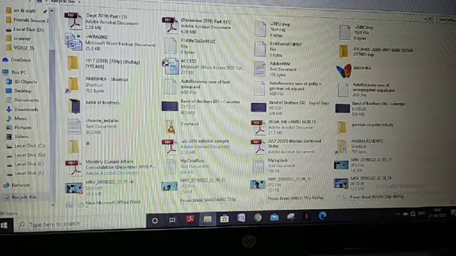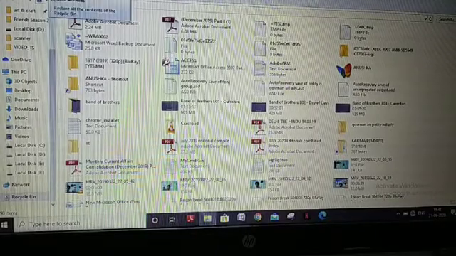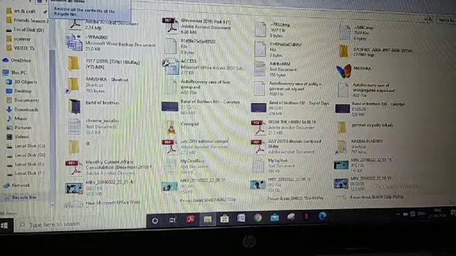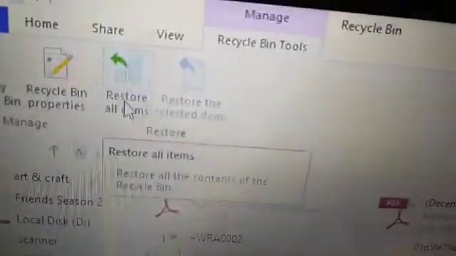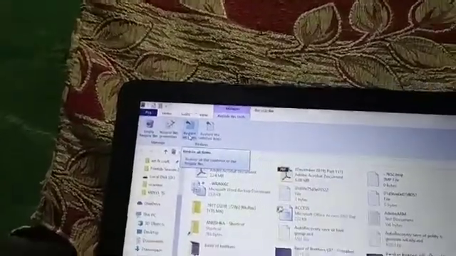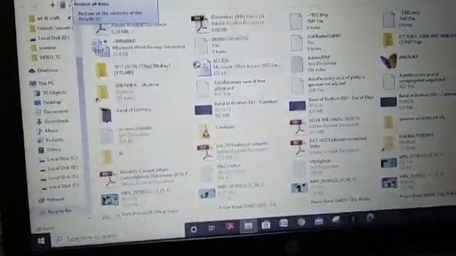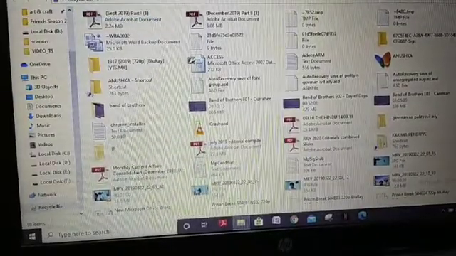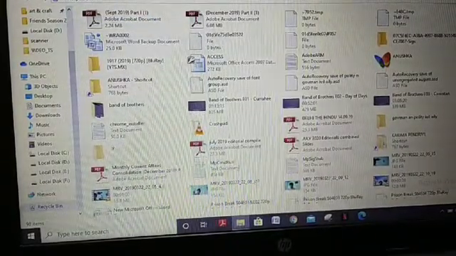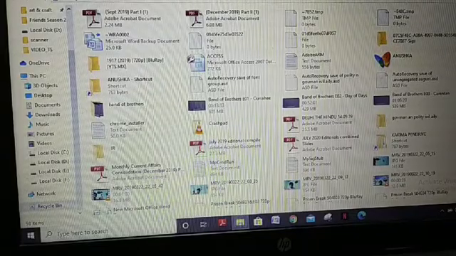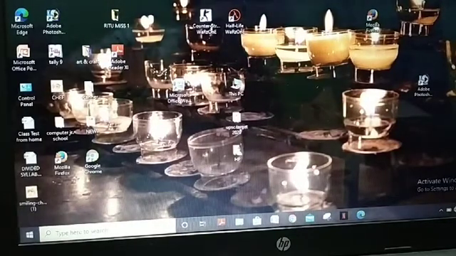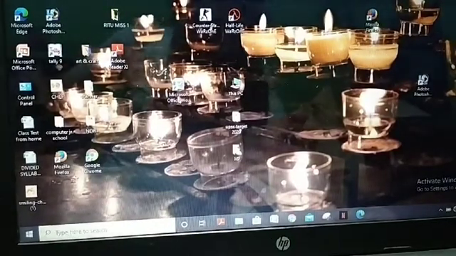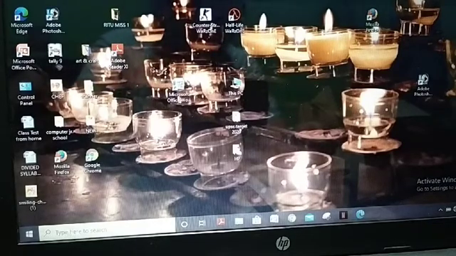From here you can also restore a file which you want back on the desktop. Okay, here you can see the restore option. From this option, files which you want can be sent back to the desktop. So files can be restored. A deleted file goes to the recycle bin, and if you want it back, it can go back from this recycle bin folder. Understood? Yes.